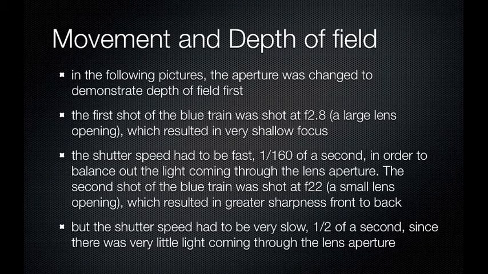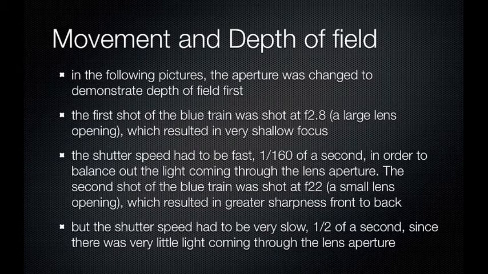In the following pictures, the aperture was changed to demonstrate depth of field first. The first shot of the blue train was shot at f2.8, a large lens opening which, remember, lets in a lot of light, but it results in very shallow focus. The shutter speed then had to be fast, 1/160th of a second, in order to balance out the light coming